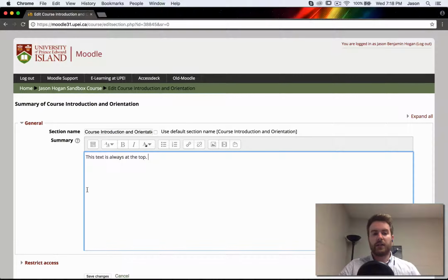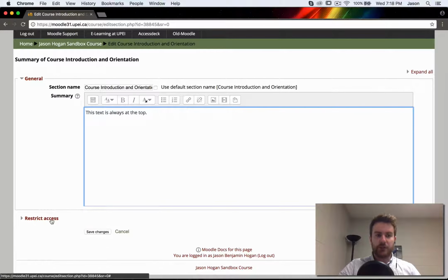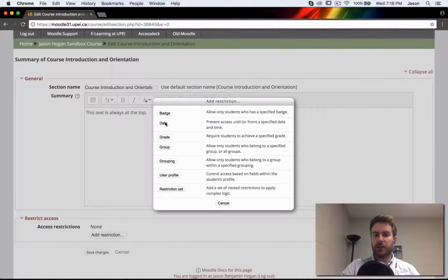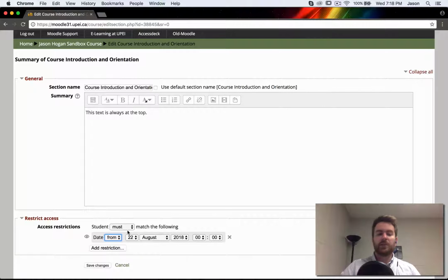So whenever we save this, we'll get a look. The other thing that we have down here is restrict access. So restrict access lets you put a kind of condition on a resource. So in this case, unless a student meets a certain requirement, they're not going to be able to access the things inside of the section. So if I add a restriction, I could do a date. So I could say that unless it's August 22nd, which is tomorrow at the recording of this video, unless it's August 22nd,